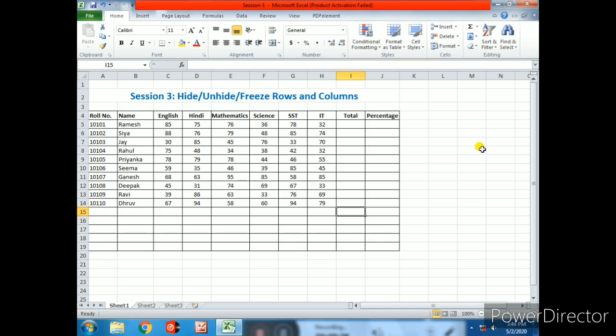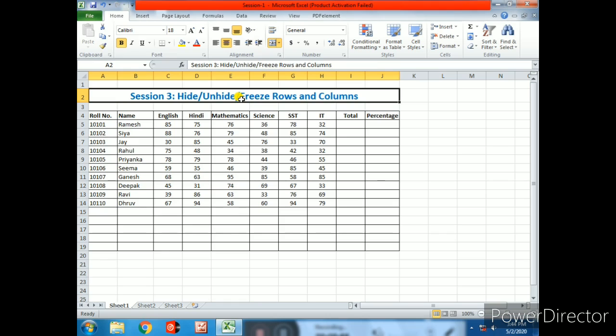For example, sometimes you may want to compare data of two columns or rows which are at some distance. In that case, you will be required to hide the columns or rows in between so that you can compare and analyze data properly. Sometimes while working on some important data or salary details, you would like to keep that data from not being seen by others or appearing in printed reports. In that case, you need to hide data temporarily.